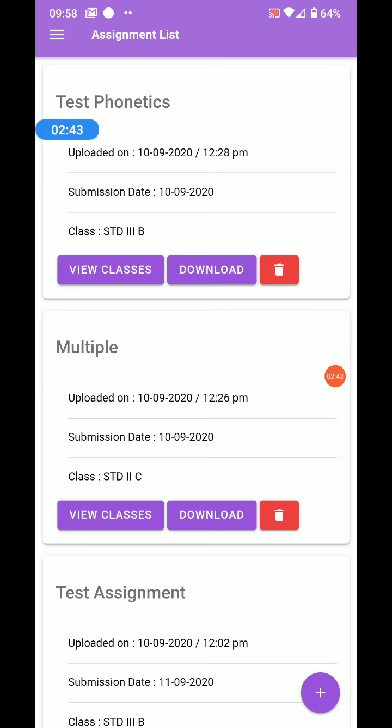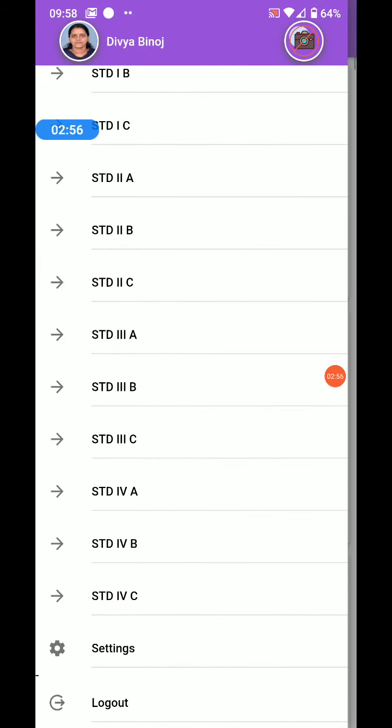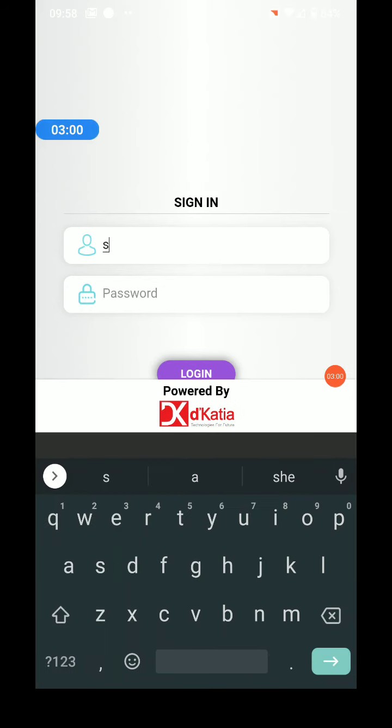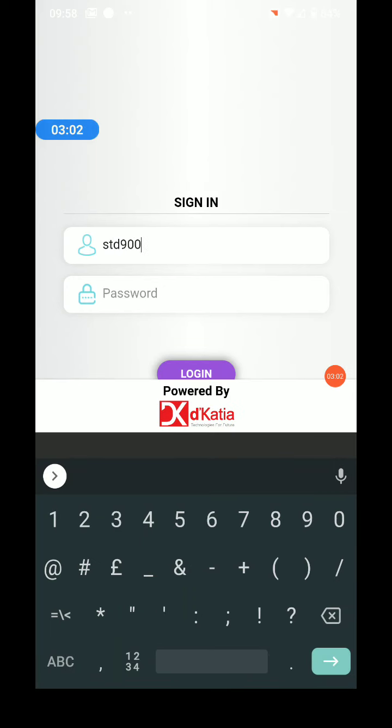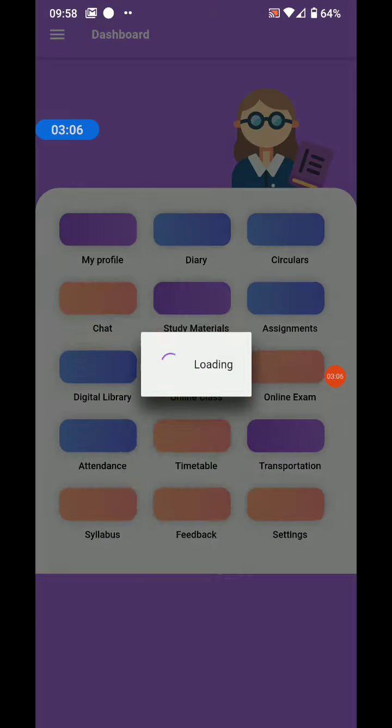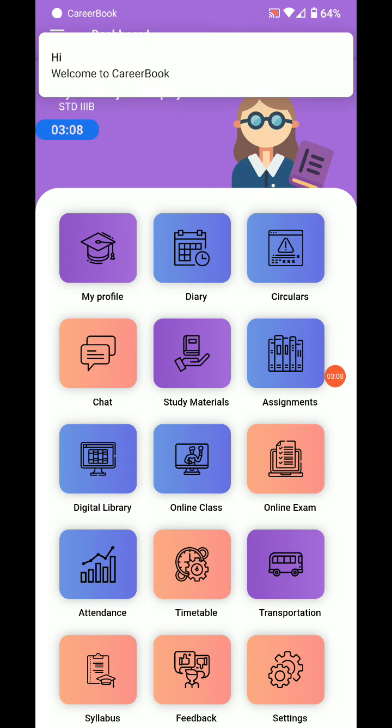Now we'll see how a student can upload their assignments. This is a student profile.